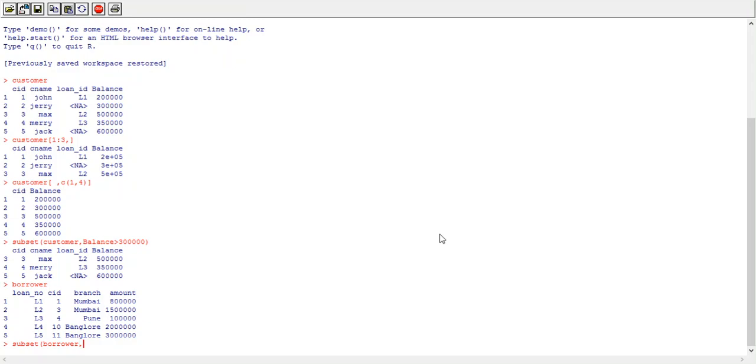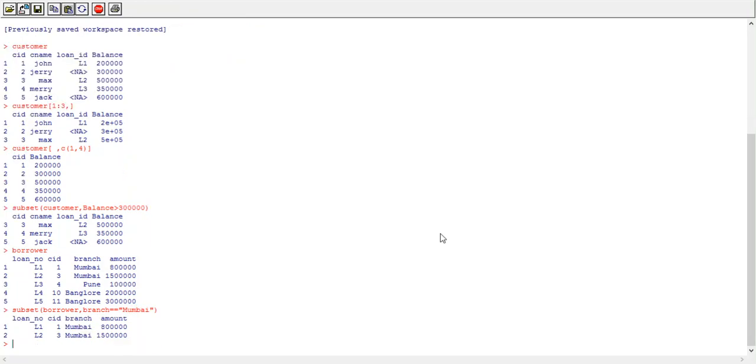Now my condition is that I want to filter loan numbers or customer IDs, the data of customers who have a loan in the Mumbai branch. So I can simply write subset of the borrower data frame and branch equal to Mumbai. See, you'll get the result.